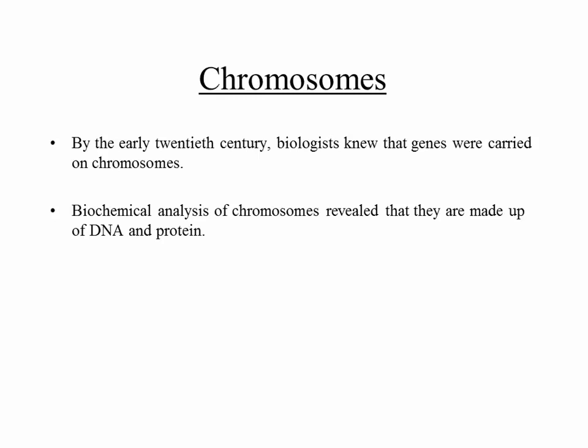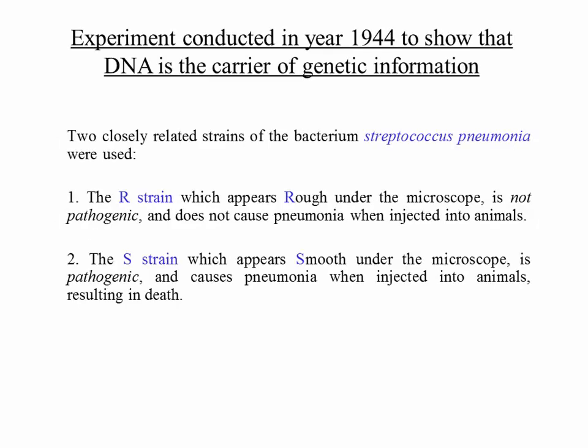Right? So chromosomes are made up of DNA and protein. So initially, people thought that the carrier of genetic information would have to be the protein. Why? Because DNA looks like a pretty simple molecule because in each location there are only 4 possibilities, right? A, G, C, T, right? Whereas if you look at a protein, it's made up of amino acids, and at each location there are how many possibilities? 20 possibilities. Okay, so that looks like a much more complicated molecule that could store the genetic information, right? So this notion was put to rest by an experiment that was carried out in 1944, right, which I'm going to discuss next.